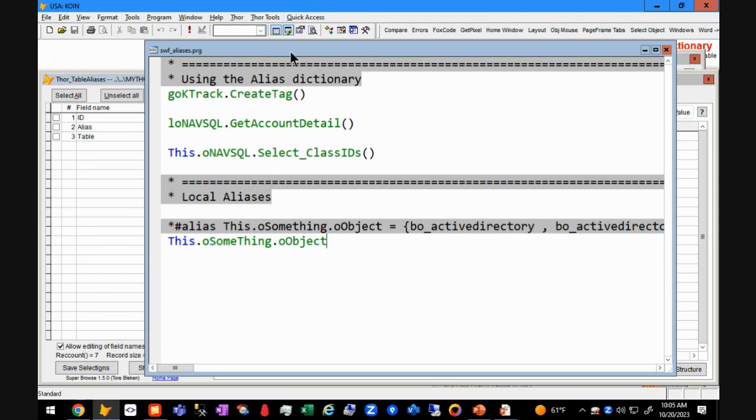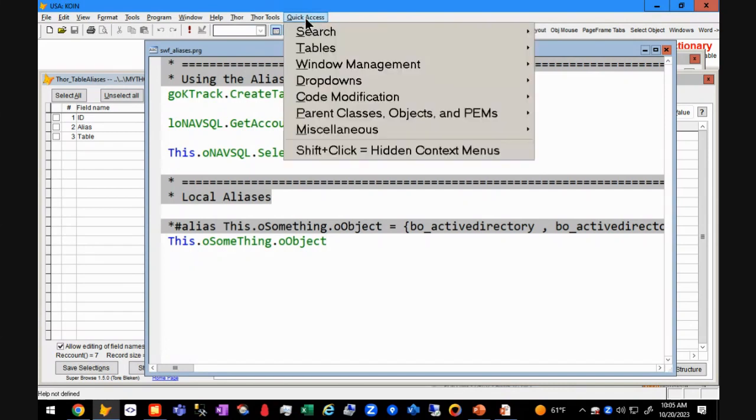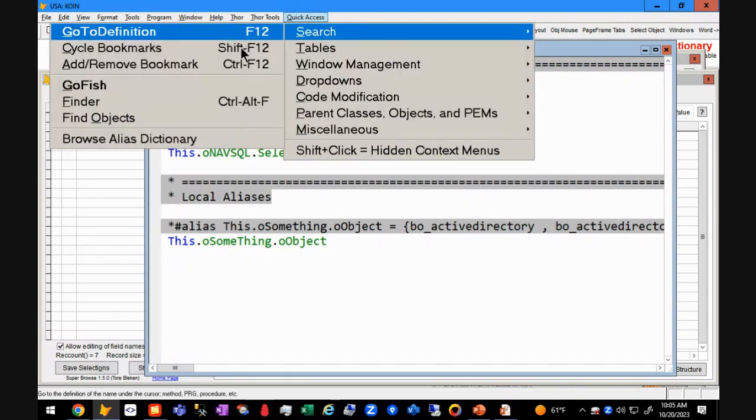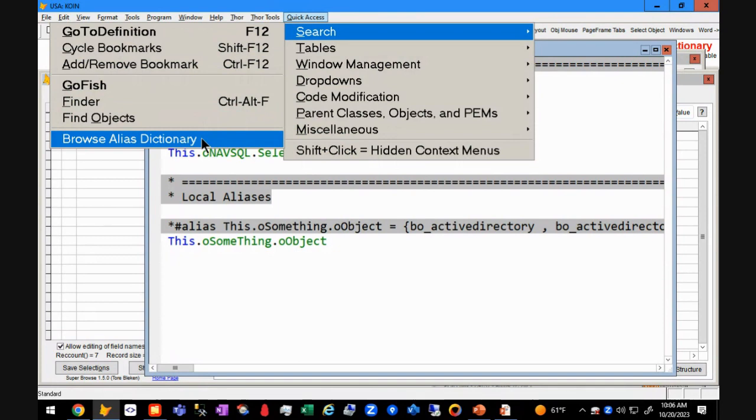So what's been missing is, how do you know how to use it after I'm done? Right now, you have some idea, but when I'm done with the session, you won't be able to. So I'm going to go to this right here, back where we were on the menu, browse alias dictionary. Well, what I wanted to do is to give a right-click context menu. And of course, if I right-click right now, nothing happens. Right-click does nothing in a menu. And so I had to find an alternative that would give me a menu